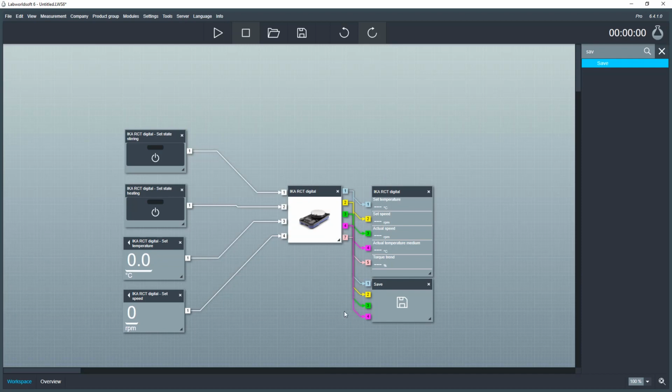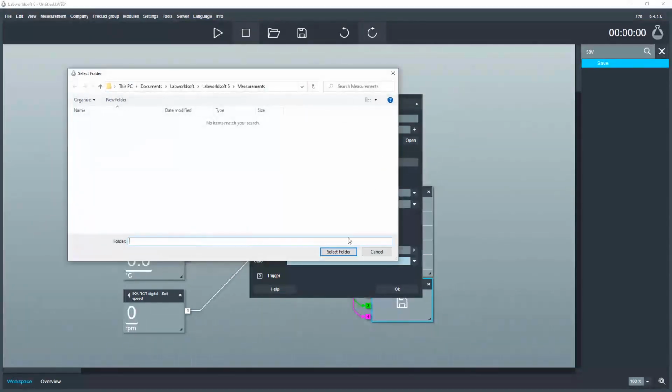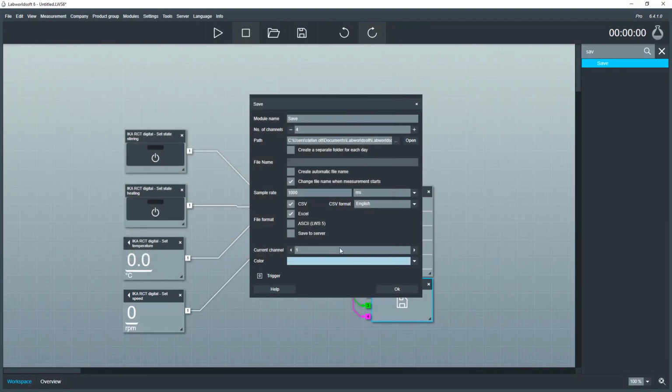When you have connected the Save module to the device outputs, double-click the Save module to open the configuration window. You can use the path setting to define where the generated measurement files have to be saved. There are different ways to define the file name. You can have the file name generated automatically.